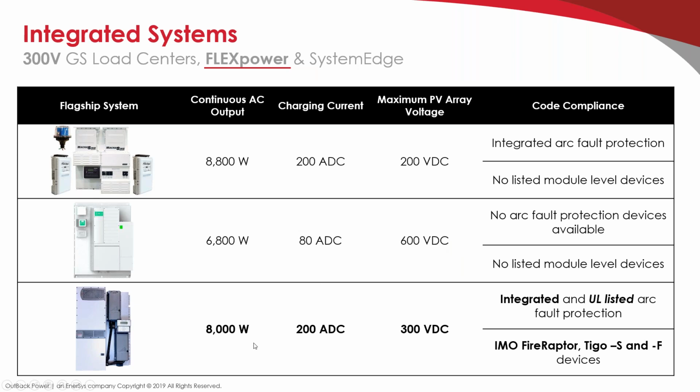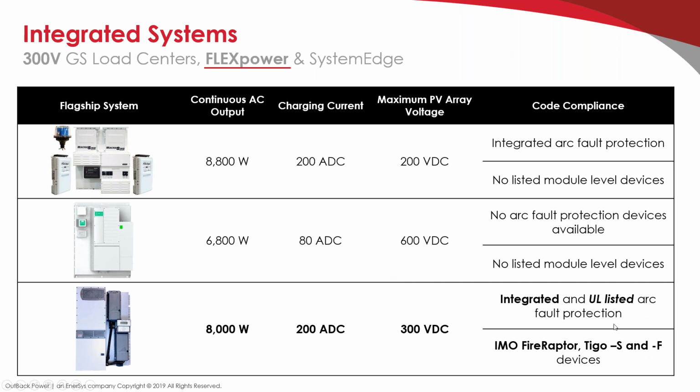So looking at the newest FlexPower with this charge controller, the OutBack FM100, we have 8,000 watts of AC output, so that's over the 7.6 sort of benchmark. We have 200 amps of charging current, and we have a full 300 volts of PV operating voltage that the FLEXmax 100 can process into charging the batteries. Really important to hear, especially in NEC 2017 territory, the FM100 is really the only charge controller on the market now with a